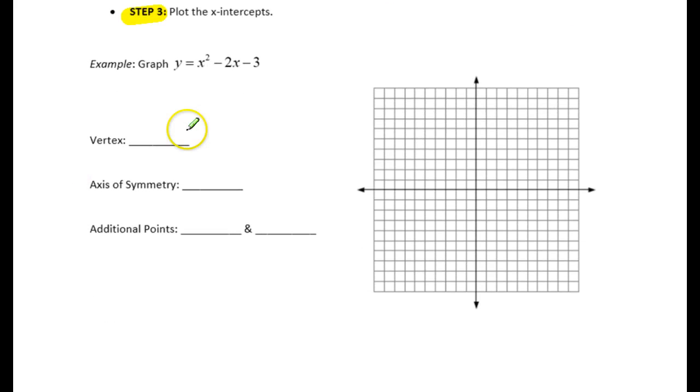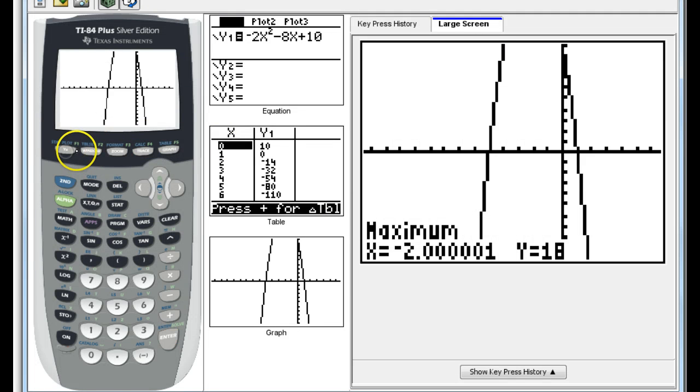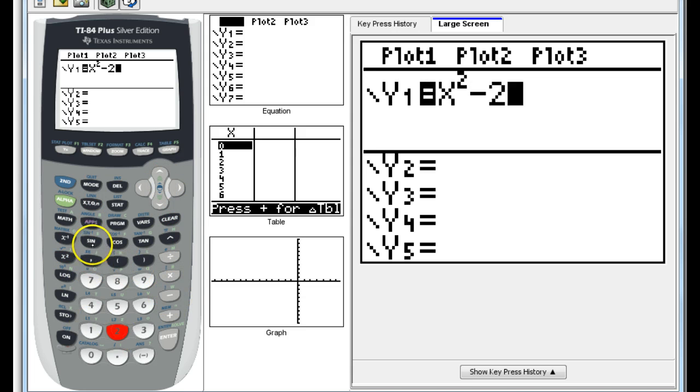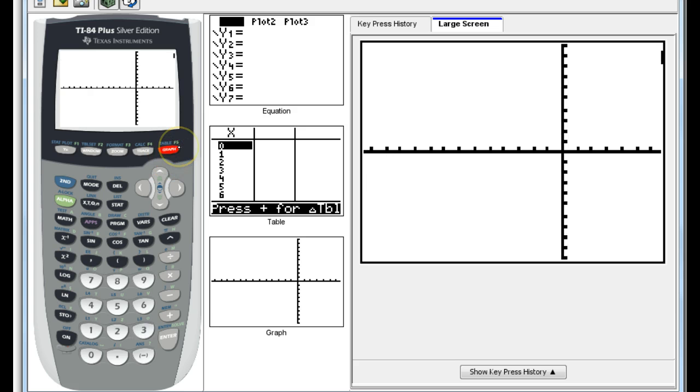All right, so let's first start here. Let's graph this equation, x squared minus 2x minus 3. Okay, so let's clear out this screen and let's put this new equation in. X squared minus 2x minus 3. Alright, now let's graph that, because we're just going to find our